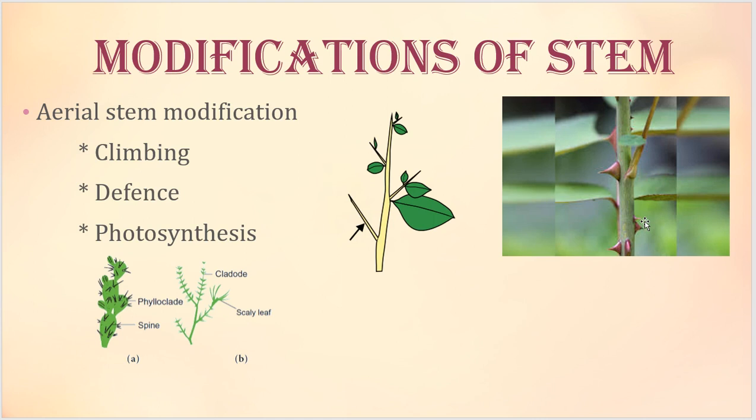The thorns are actually the modification of stem. Spines, just now I said, are the modified leaves. On phylloclad you can see spines. They are the modified leaves. Thorns are the modified stem. And prickles are very external structures. From the epidermis, these structures are produced mainly to give them protection. So these are prickles. Okay.